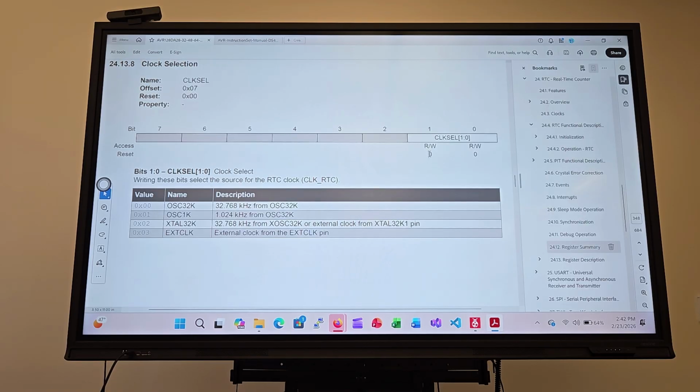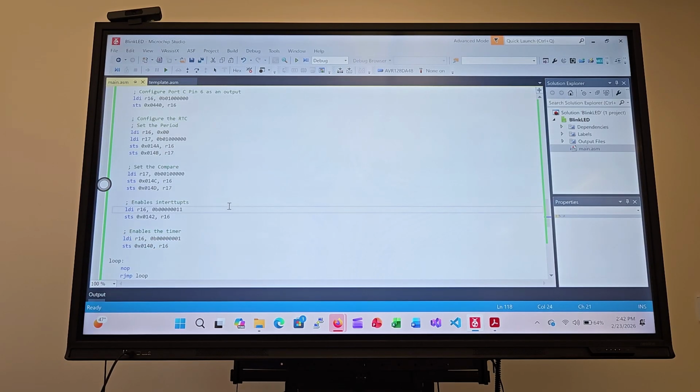And that's the value on reset, so it should be selected. I'm wondering if there's a typo, just a simple typo. It compiled fine, so